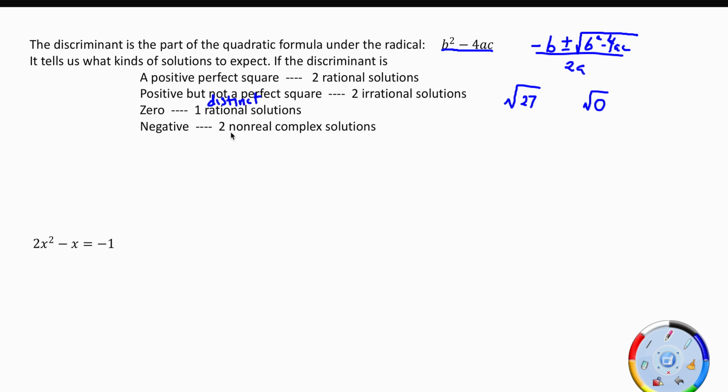And then, of course, if we get a negative number underneath the radical, any negative number under there means you have a complex number, and again, you're going to get 2 of them because you would have negative 5 plus i, negative 5 minus i. So if this question asked us to just evaluate the discriminant and then determine what kinds of solutions we would expect without actually finding those solutions, first thing we have to do is set it to 0